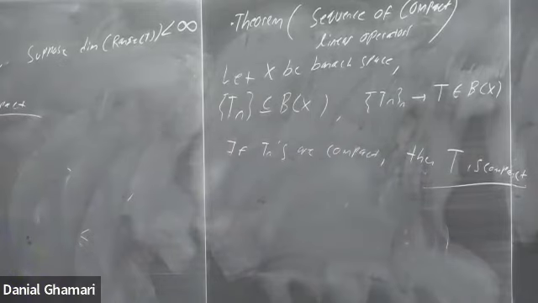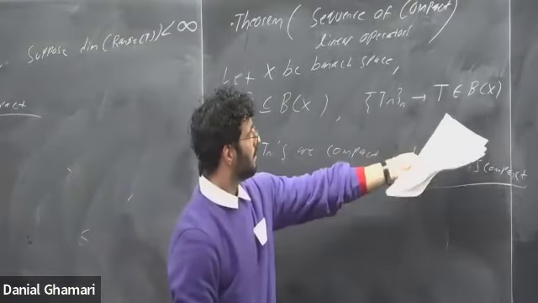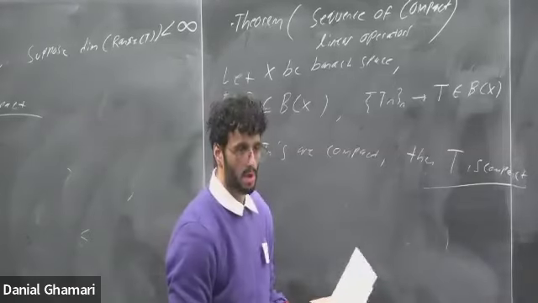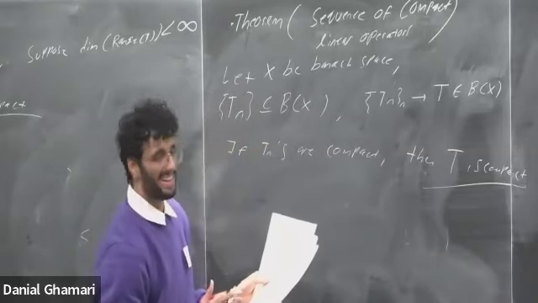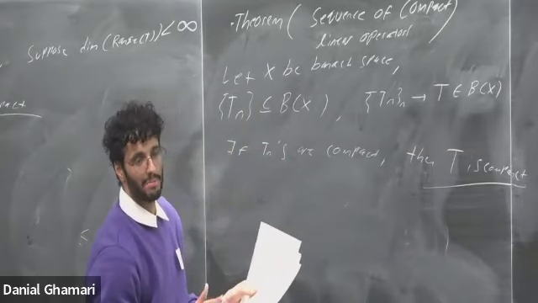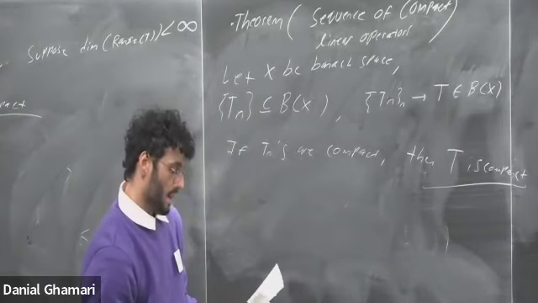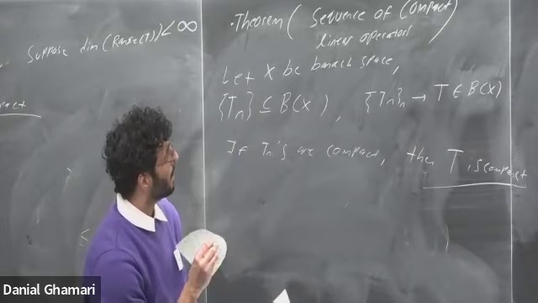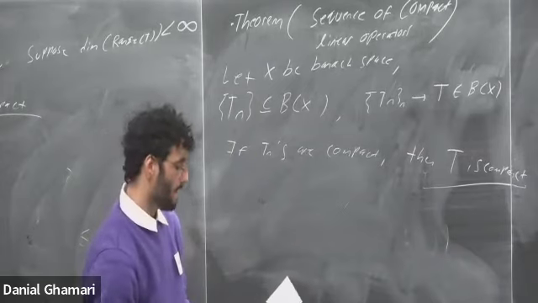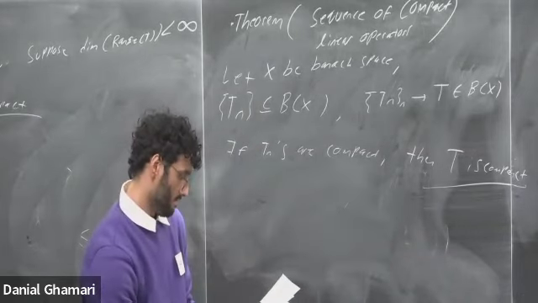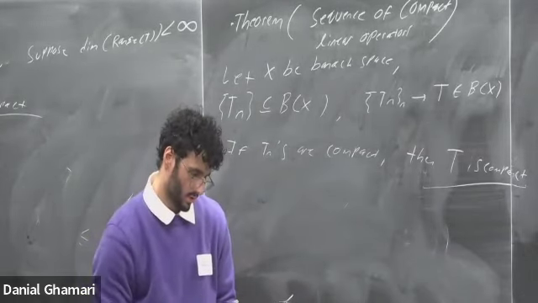I'm going to skip the proof just because it's a bunch of epsilon-delta definitions. But essentially, if I can create a sequence of bounded linear operators and show that it converges to a bounded linear operator T, then I know T is immediately compact. This is where infinite dimensionality really messes things up. It's not super easy to show T is compact, but for Hilbert spaces there are easier methods of showing T is compact, which I'll try to get to now. All right, so here we're now going to introduce.